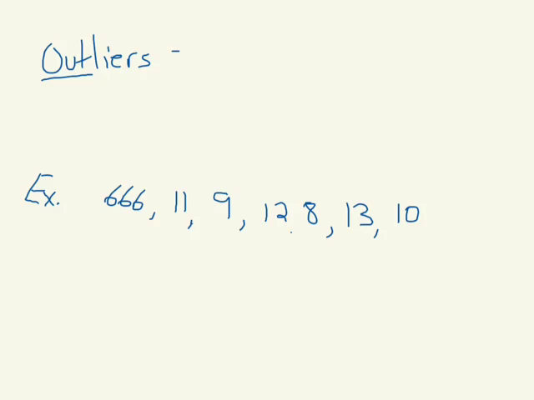What do we notice when we look at this data closely? A lot of these numbers are pretty close together, right? Kind of 8, 9, 10, 11, 12, 13. And then there's one that's way out there. That number there would be an outlier, because it is an extreme. That'd be one way that you could remember the definition of an outlier. It's an extreme value,